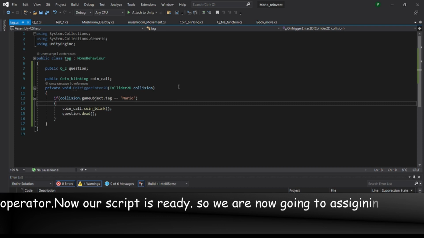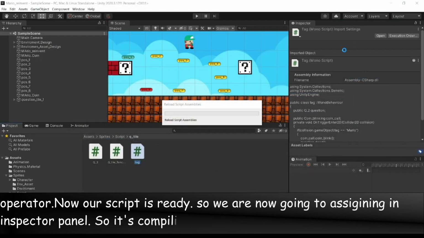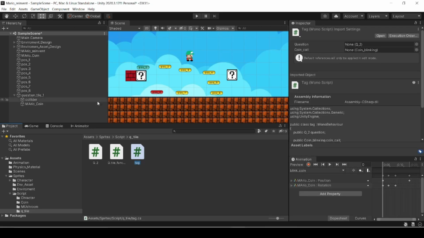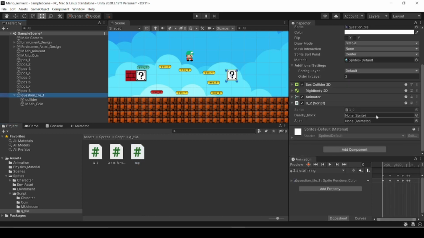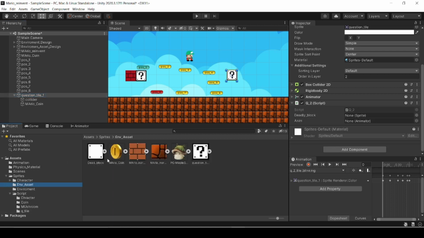So we are going to assign it in the Inspector panel. It's compiling. Now we are going to assign our script, which is our tag, to question tile 1. Here I'm going to first assign my sprite, which is deadly block. I have to go to the environment asset and put in deadly block, and I'm going to put the animator in animation.